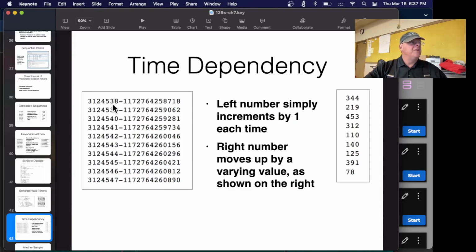There's another one. You have this pattern. These numbers are 8, 9, 40, 41, 42. This is just counting up. This one is also going up. Notice how it's 58, 587, 590, 592, 597. They're each going up. So the one on the left goes up by 1 every time. The right one goes up by a varying amount, but not a very big amount. Something going from maybe 1 to 4 or 500 here.